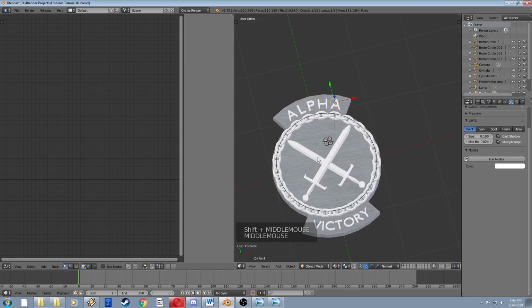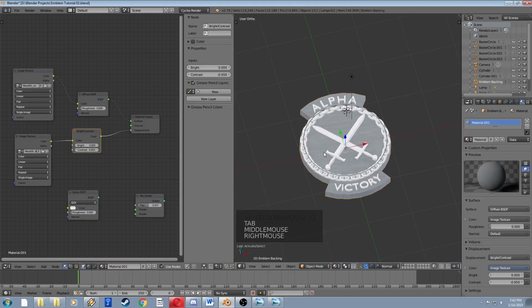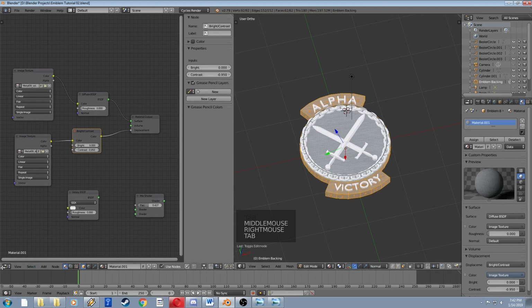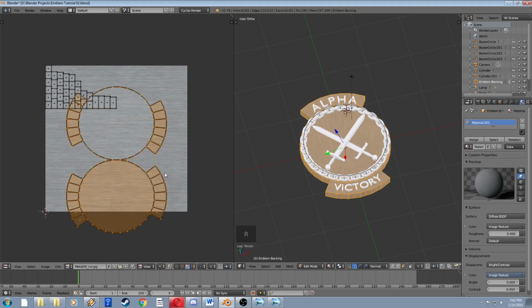But I personally don't like the way that this grain is going. How do we fix that? Okay, let's select it again, hit tab, go back into the UV editor, and now we can select things here and actually rotate them to change the way that the texture is wrapped around. So let's switch this view to the face view here, and we'll select these guys, and then we can rotate 90 degrees, and now the grain is going the way that I would like it